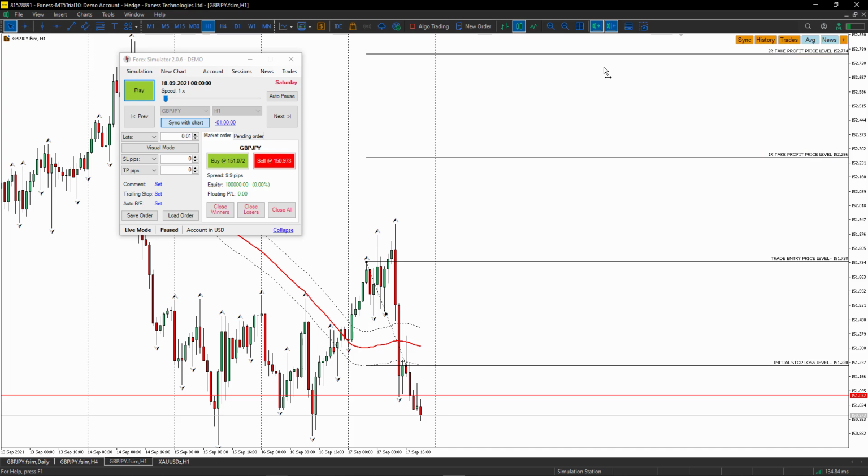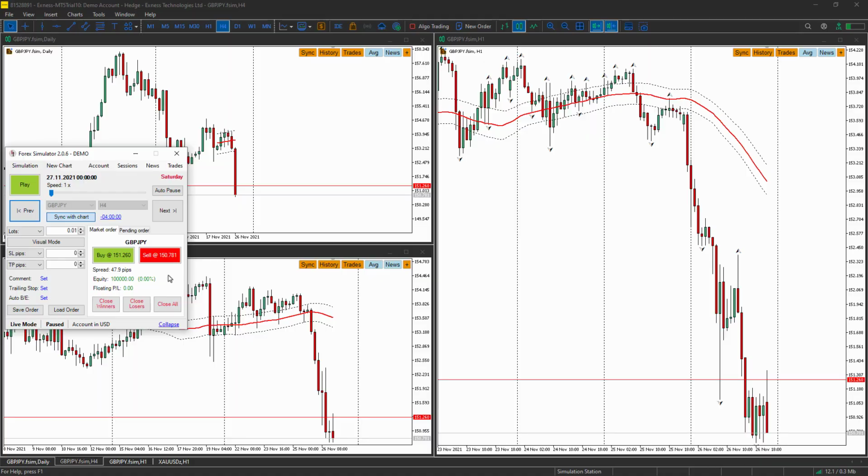Now that we've got that sorted, let's move on to placing our very first trade following the advanced trend trading strategy's rules in this sample simulation. This is where the fun really begins. As you can see on the screen,